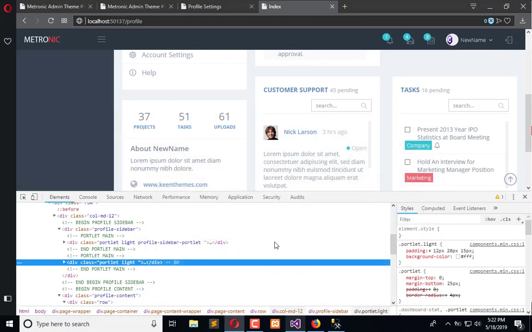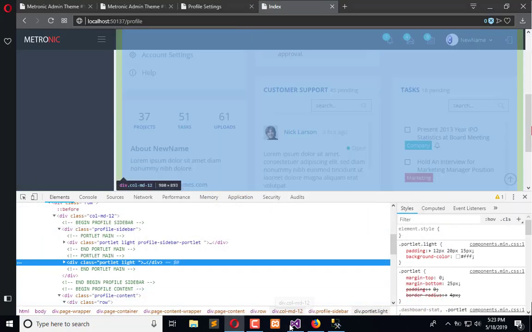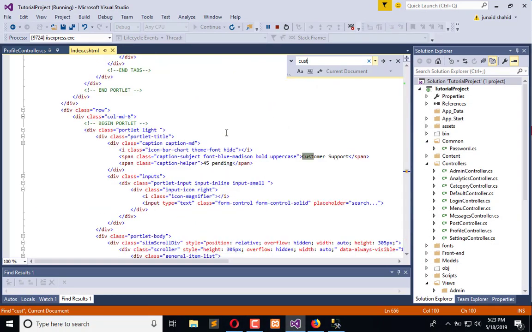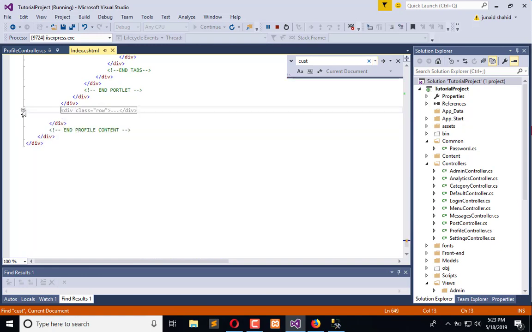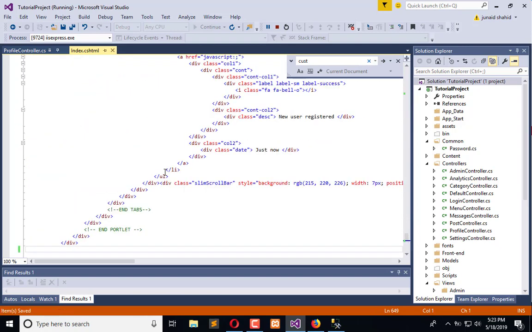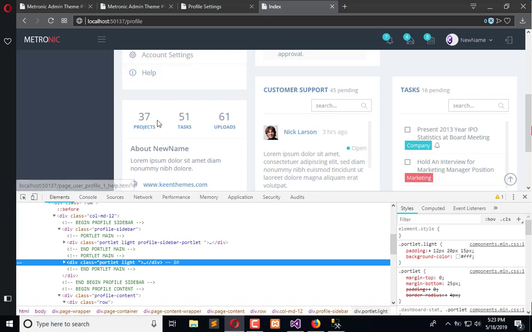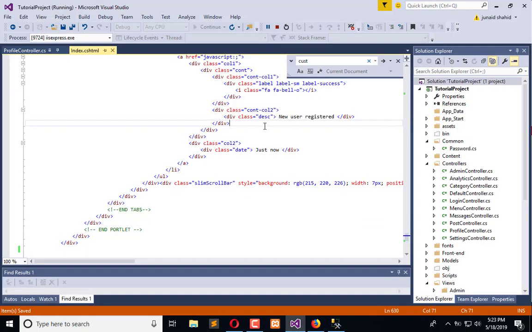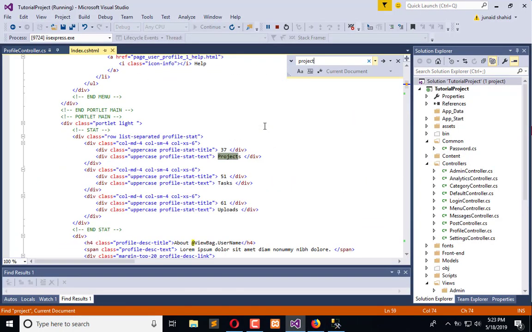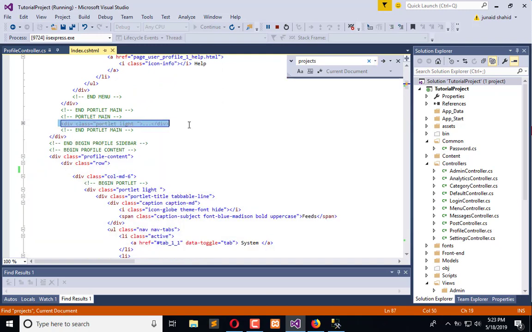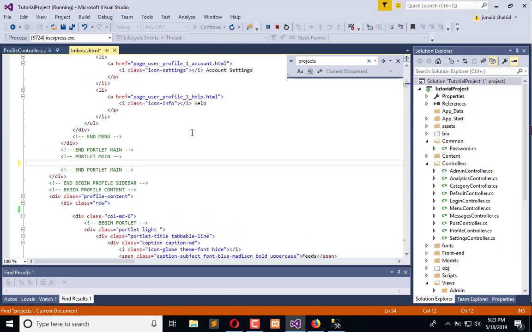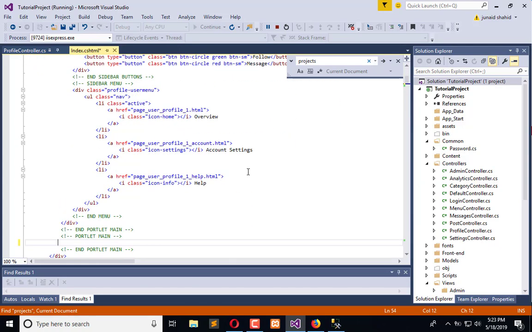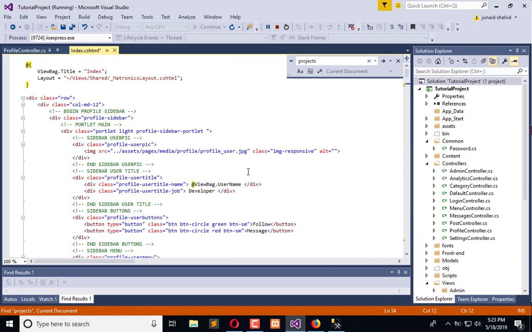Now we need to search for customer support. This is customer support and this is the whole row which we don't need. Instead of this, we will copy projects, this one, cut that from here, and we will utilize that